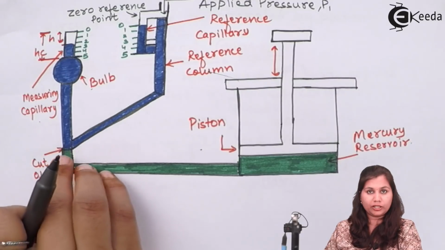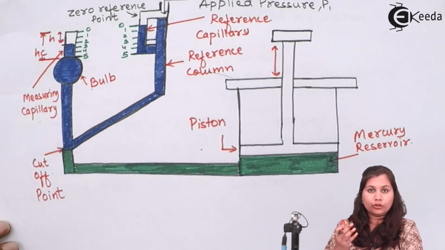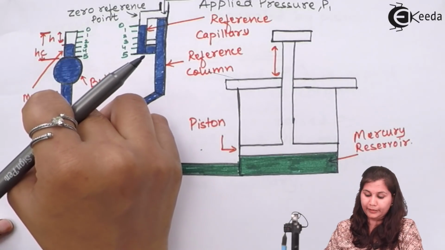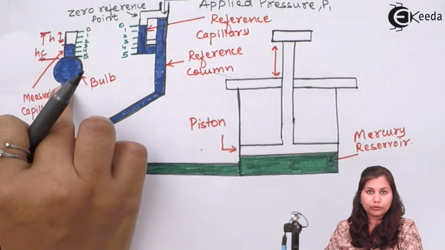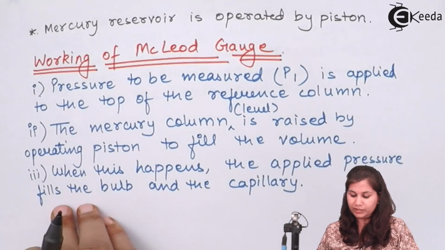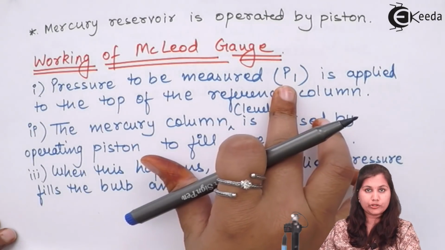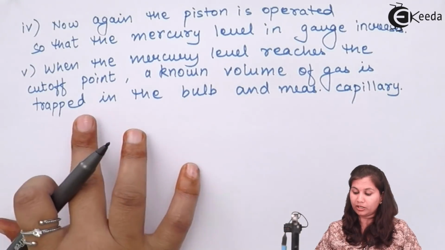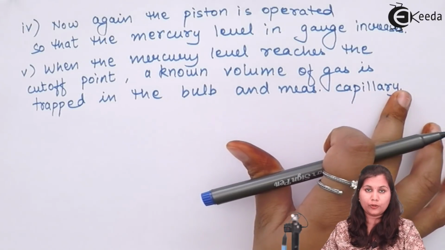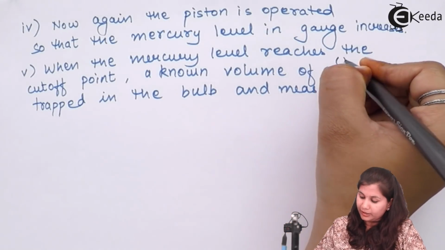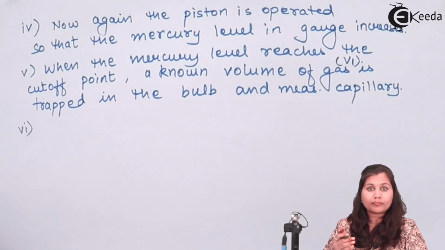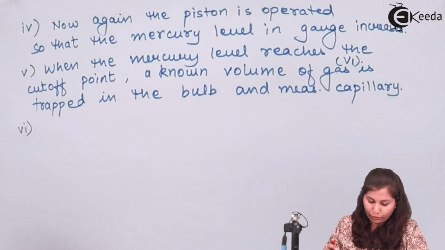When it reaches the cutoff point, we will have a known volume of gas in the bulb and the measuring capillary. So we are going to note that volume of the gas. First we have got the initial pressure also, that is the pressure which we want to measure. We have got the known volume of the gas also, that is our initial volume. Now we have to find out the final pressure and the final volume of the gas. For that, what we will do,